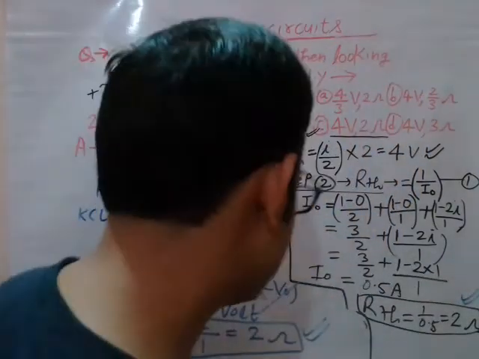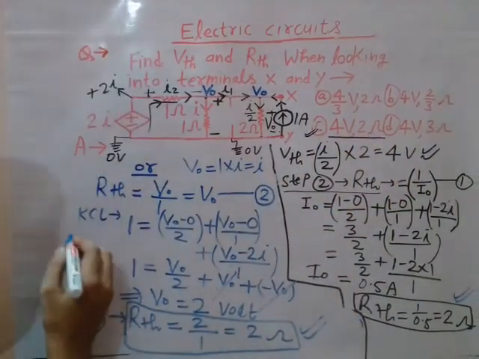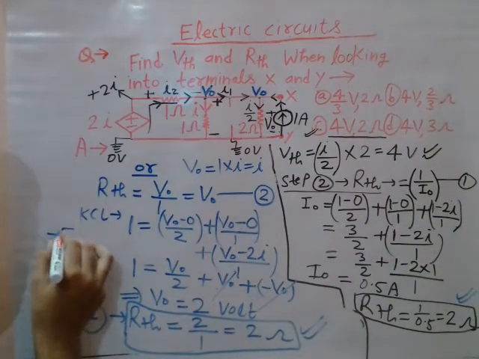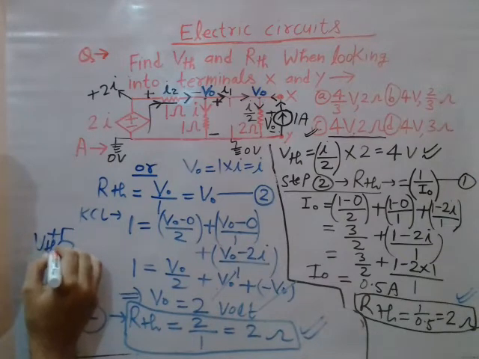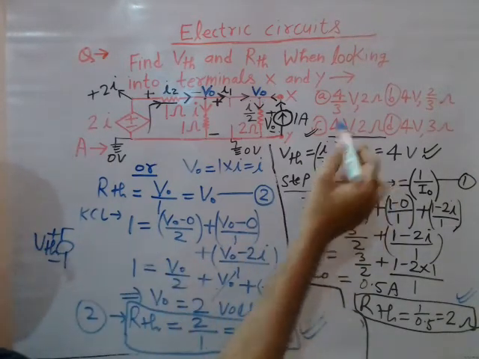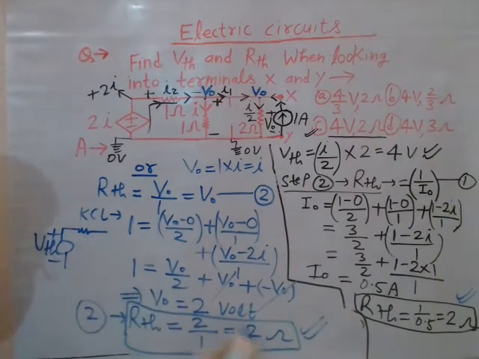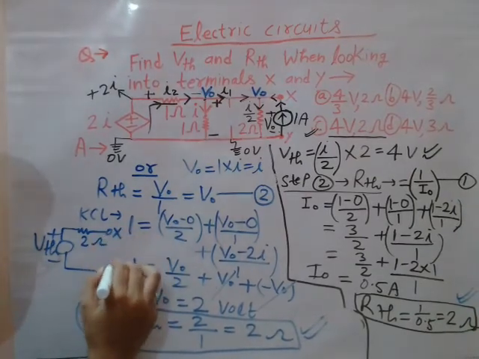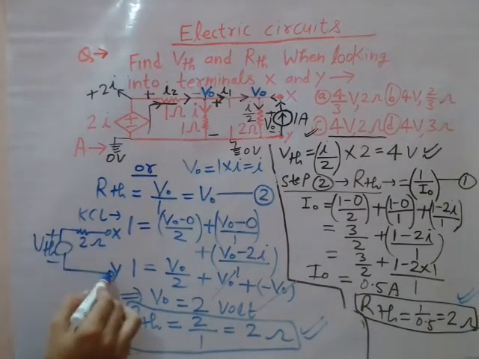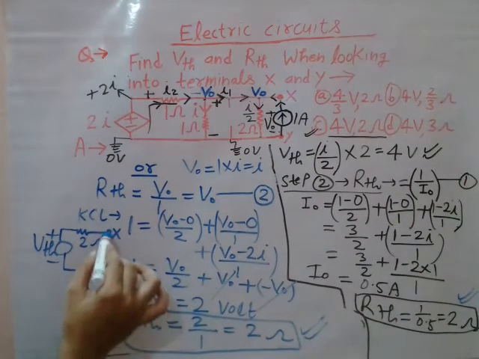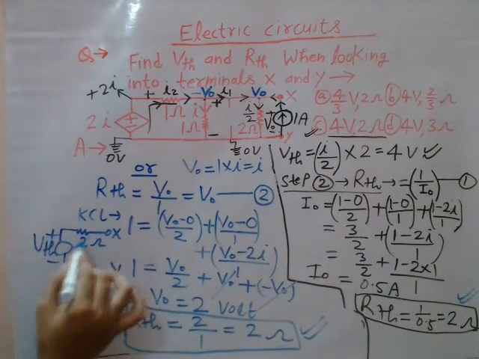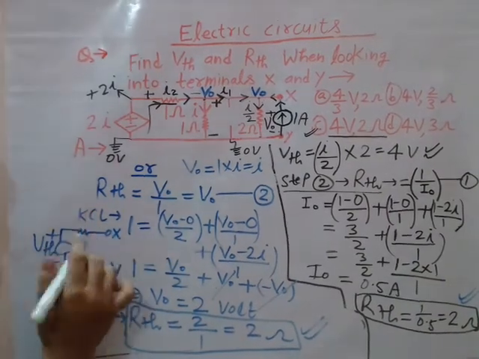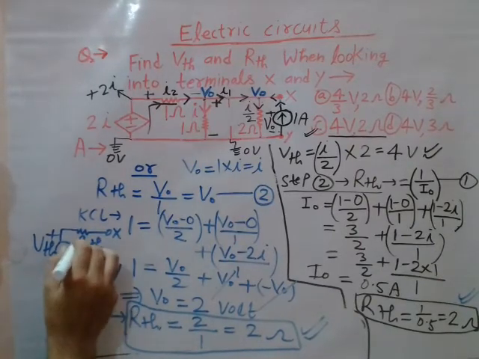So by choosing either a test voltage source or test current source, you can calculate RTH. That is the process of calculation of Thevenin's resistance when the dependent source is present in the network, right? So step number 2 is completed. You have calculated RTH, and in the third step you simply connect VTH in series with RTH. This is VTH with a value of 4 volt and RTH equal to 2 ohm, right, across these terminals X and Y.